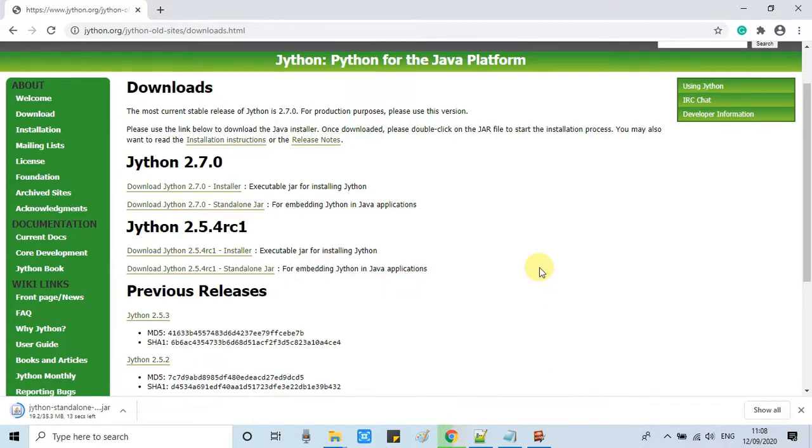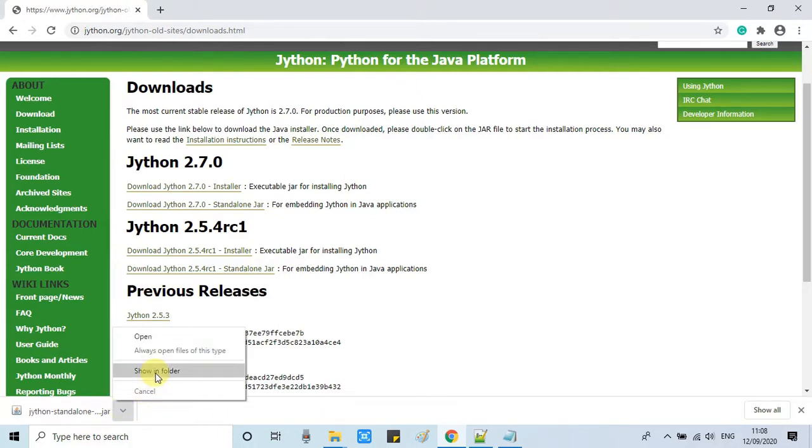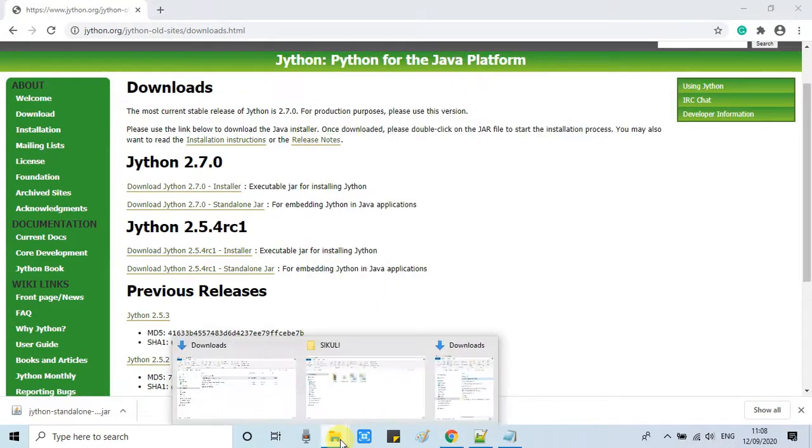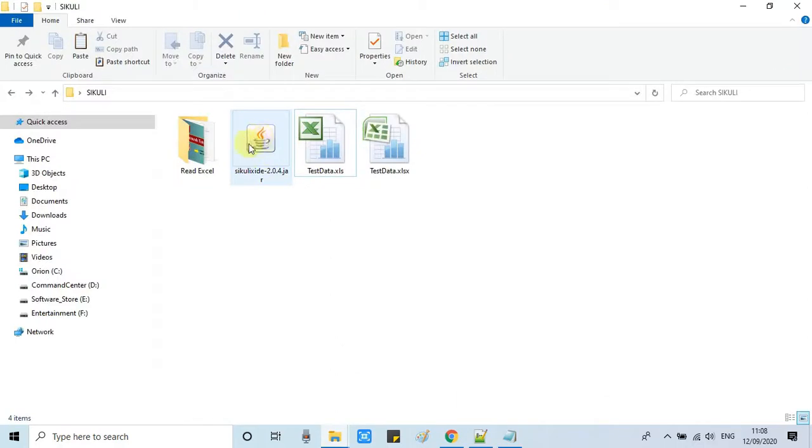We have to wait for the completion of this jar download. Then we will put this jar at the place where we have SQLiX installed. So I will show you the steps. Okay, the jar is downloaded. Now I am going to open the download location and copy the jar from this place. Then I will go right here, and this is the SQLiX IDE executable jar, so I will put the same thing here.